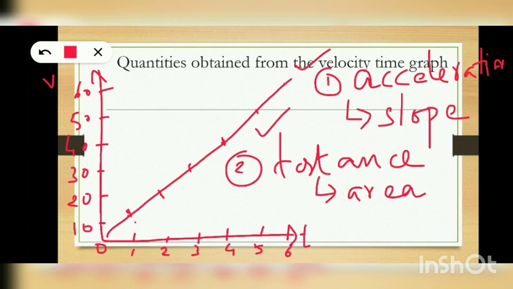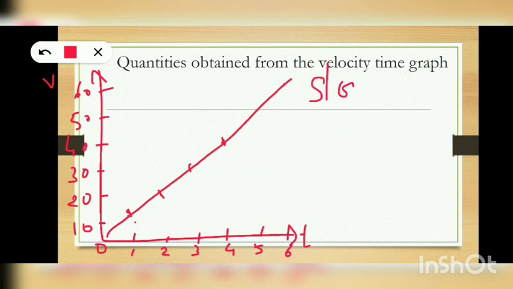So let's first discuss how to find the slope of the graph and thereby the acceleration of the object. As discussed before, the slope of the graph gives you acceleration. So how to find the slope of the graph? To calculate the slope of the graph, first you need to construct a triangle between any 2 points on the graph. Here I have chosen these 2 points. You can choose some other points on the graph.